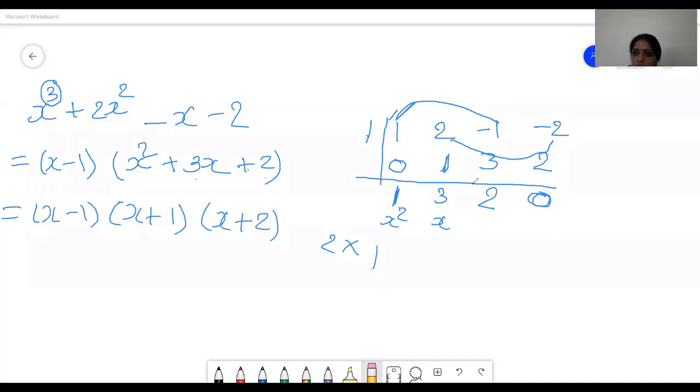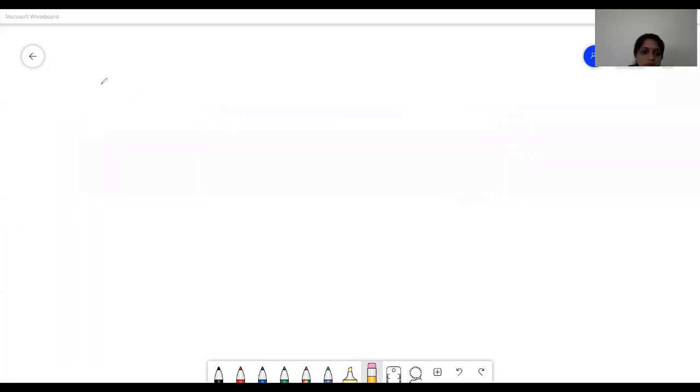Yes, ma'am. Okay. So we have to check the summation of coefficient of odd power and summation of coefficient of even power. If both are equal, listen carefully, if both are equal, then our one factor is x plus 1. Okay, I will give you one example like that, so you will better understand.